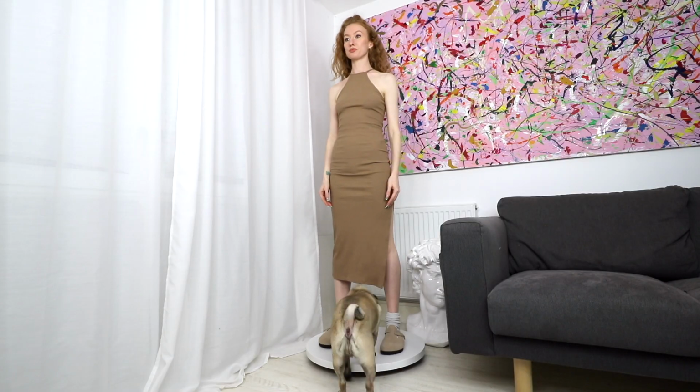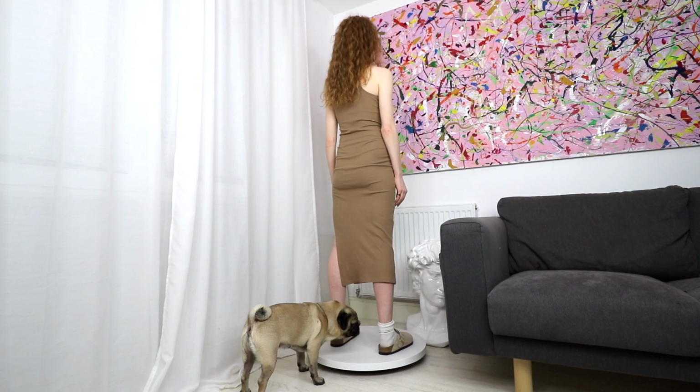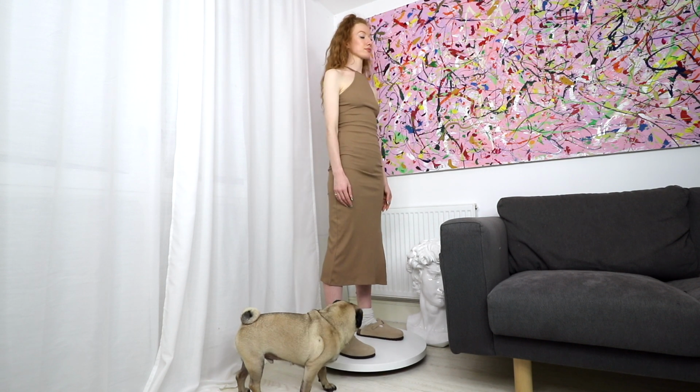So the next option is a midi dress, and I've only got one to show you today, but this one is in a nice neutral color. Not mad keen on the neckline, if I'm going to be honest, but I think that's why I'm relegating it more to loungewear. It does look really nice with a sweatshirt over the top as well. Nice big slit up the side. In the same vein as the jumpsuit, feels a little bit more chic, a little bit more put together than your typical sweat set,